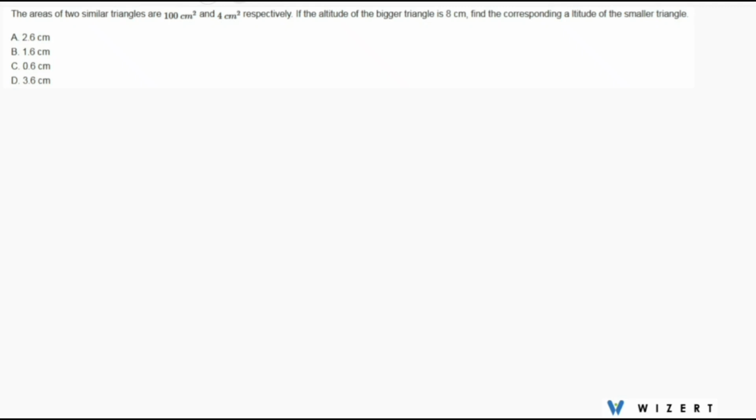I have this question here. The areas of two similar triangles are 100 centimeters square and 4 centimeters square respectively. If the altitude of the bigger triangle is 8 centimeters, then we have to find the corresponding altitude of the smaller triangle. Now we know in similar triangles,